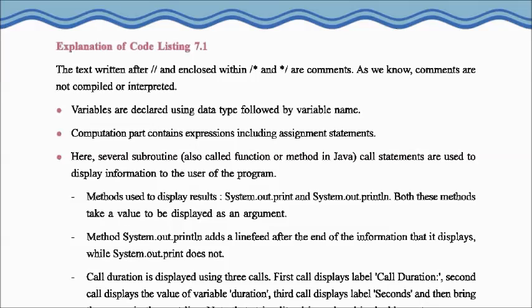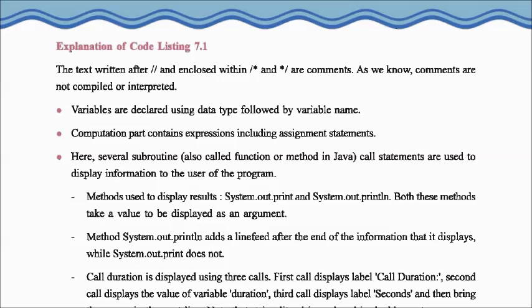Variables are declared using a data type followed by the variable name. Whenever you want to declare any variable, it should be used with a data type. The computation part contains expressions including assignment statements. Here, several subroutines, also called functions or methods in Java, are called in statements that are used to display information to the user of the program. Methods used to display results are like